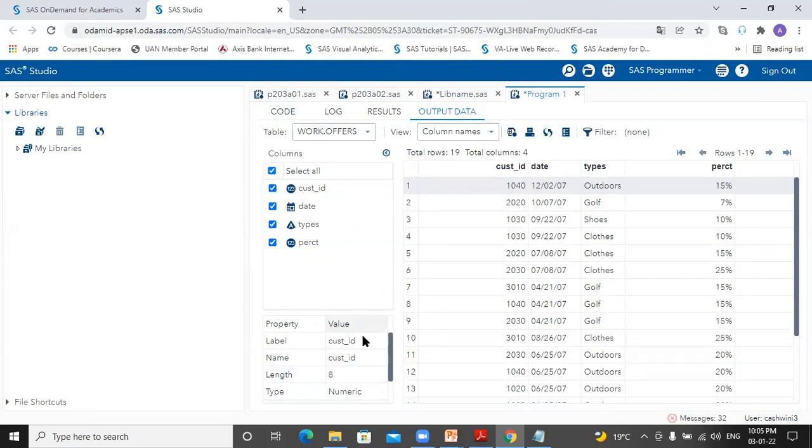Same goes with customer type. By default, it's taking numeric, because it's numeric. By default, it's taking length in SAS as 8. For date also, because it's reading it in the form of mmddyy8 dot, its length is 8. Type, because we have 8 characters max, and it's reading from that column till its maximum 8 characters. So 8 is the length. And percent, it's a numeric column. Hence, by default, a numeric column takes 8 bytes.